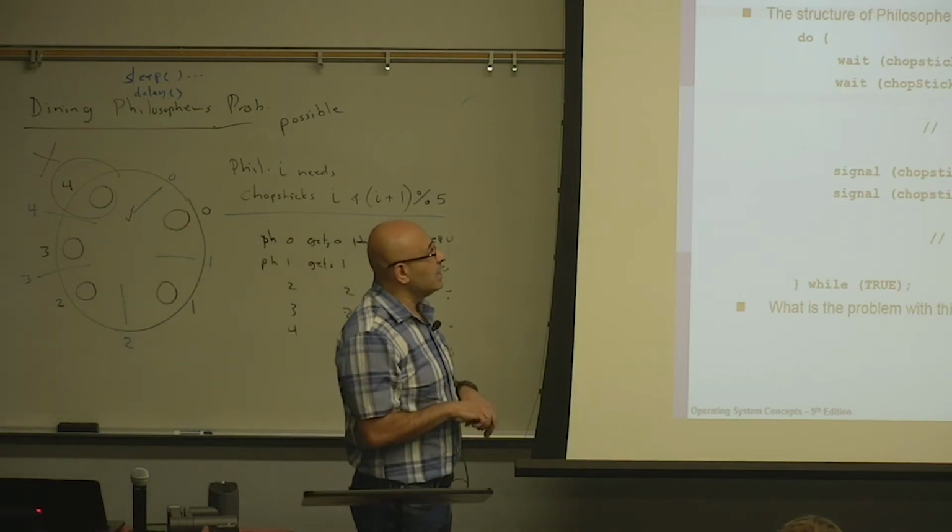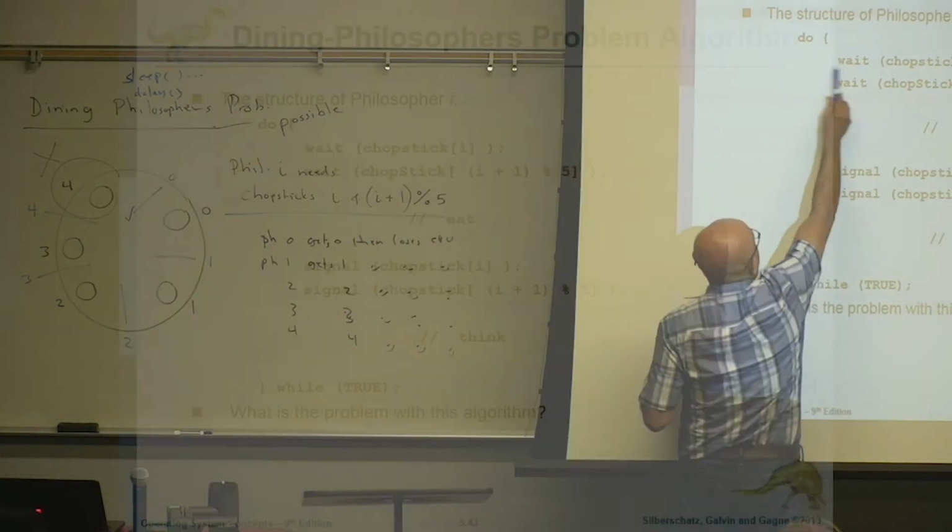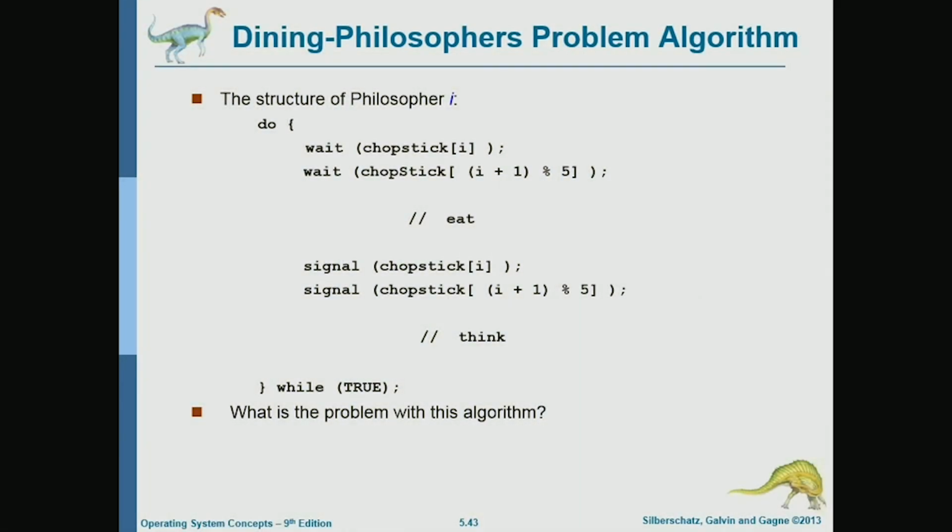One solution is to put these 2 lines, or 2 waits, in a critical section. So introduce yet another semaphore, another mutex semaphore that will protect these 2 lines. So you wait on mutex here, and then you post or signal mutex here. This way, you are guaranteed that a process will not get interrupted here.